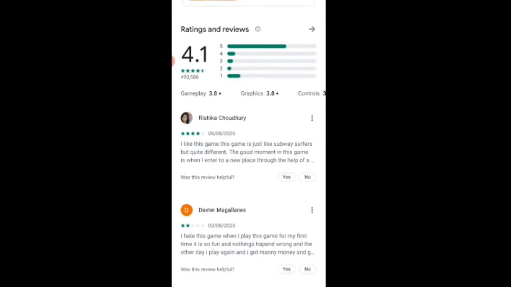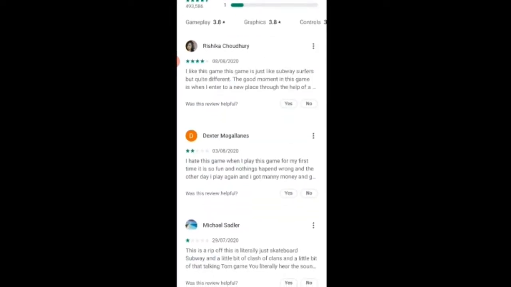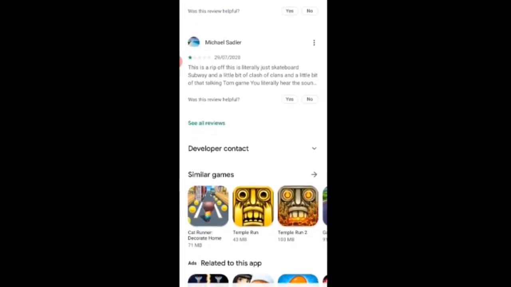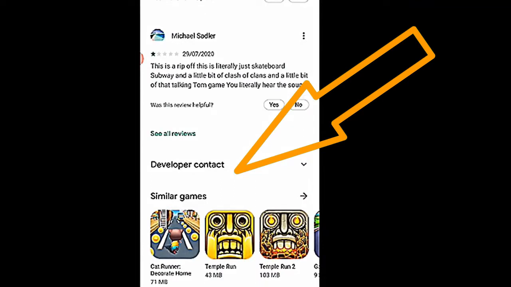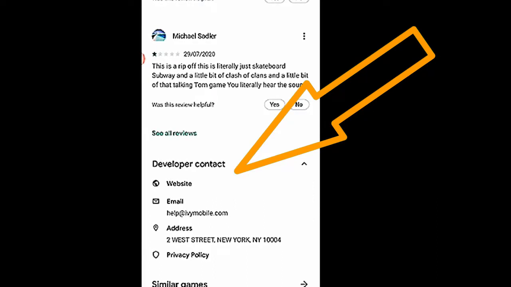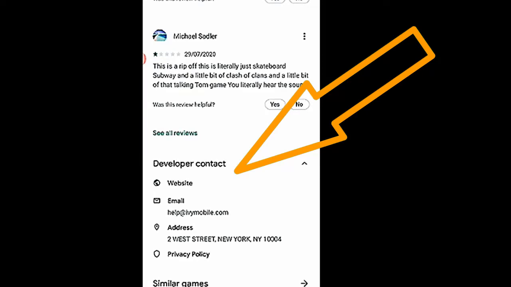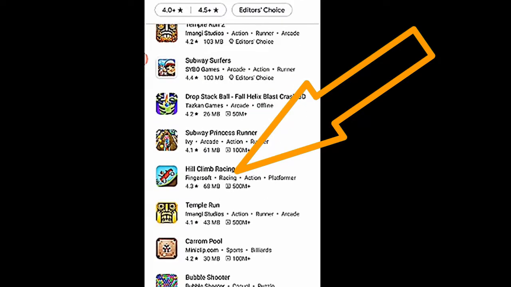Some people who are already using it have written some information about this app, and when you scroll down you are able to see the developer contact. It is clearly stated here. An email is given, and an address, 2 West Street, New York, USA. So the developer is from the USA. Very clear.